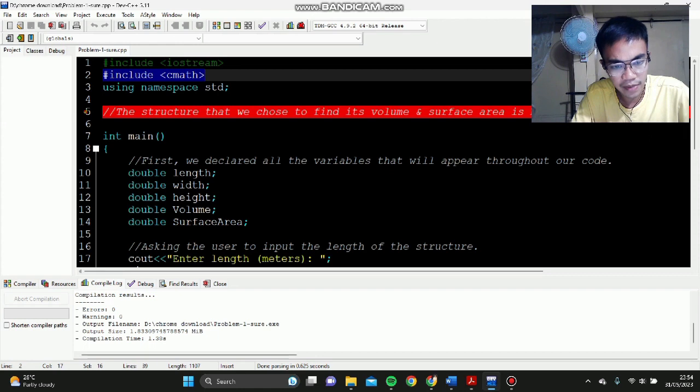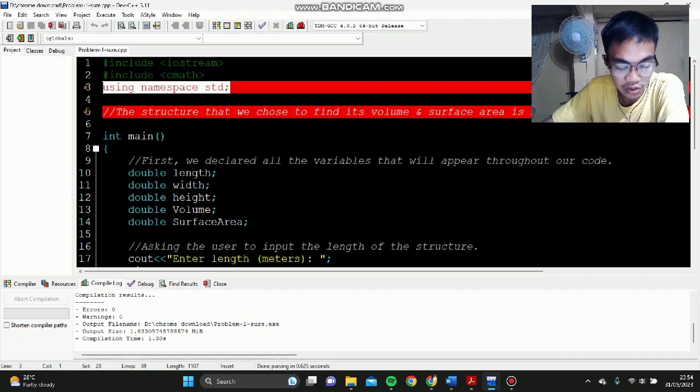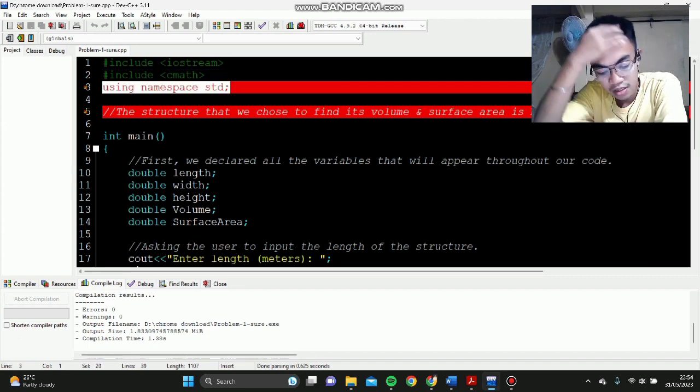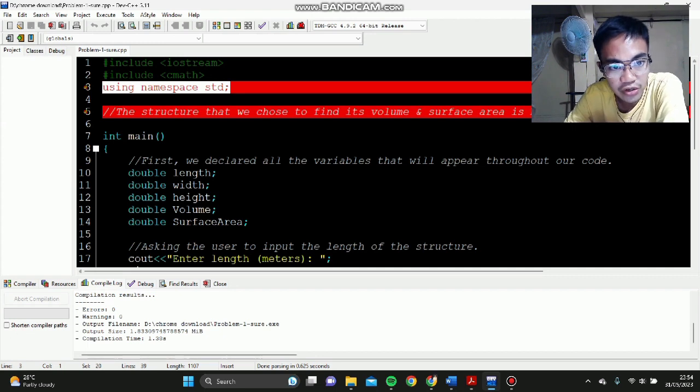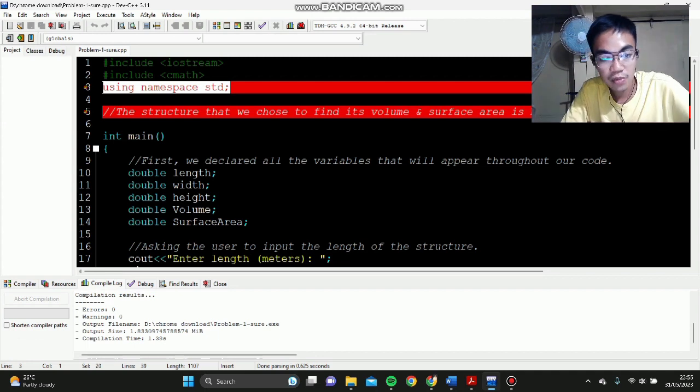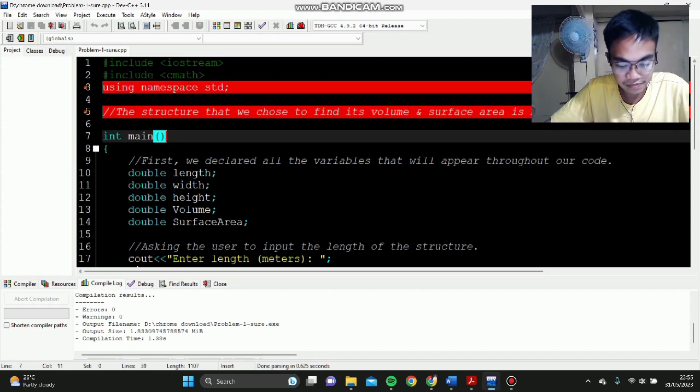is also called a header file. However, its function is intended to perform mathematical operations as we are required to calculate the volume and surface area. So, on the third line, of course, we will not forget to include the abbreviation for standard, the using namespace std, which basically allows us to name objects and variables on the program. And of course, do not forget to use the int main,